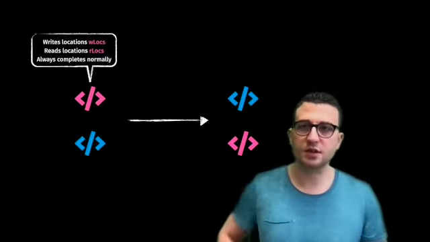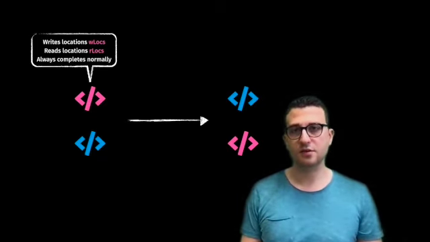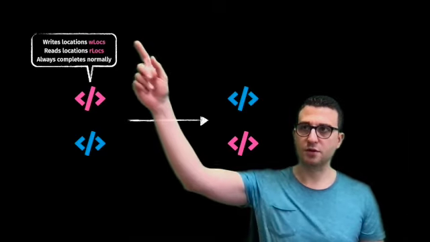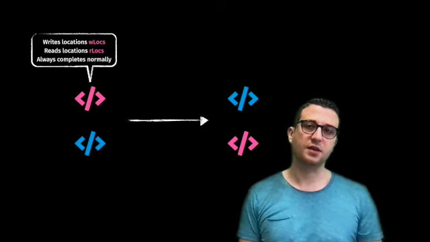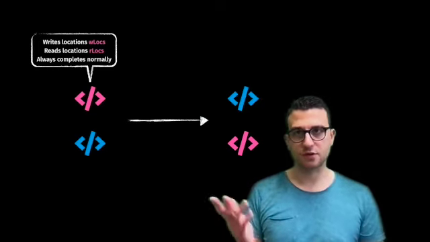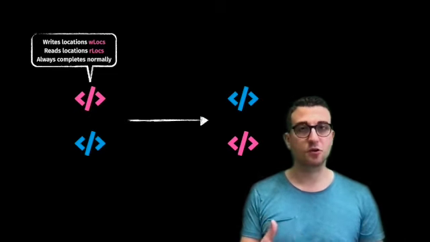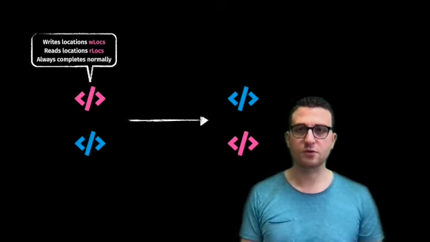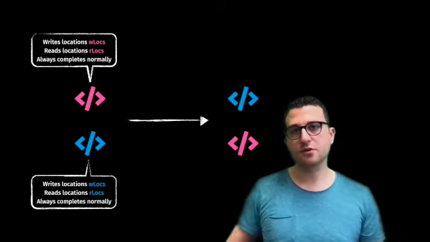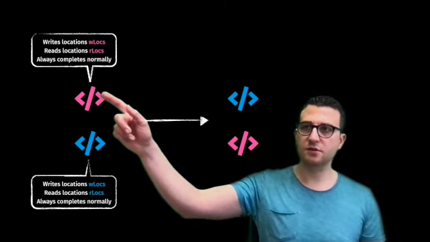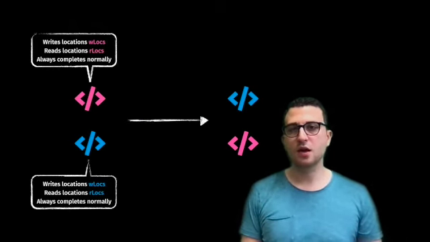So first you give names to the locations that are assigned and accessed. That is written in red by these placeholders. And you can also specify their abrupt completion behavior. For instance, here for simplicity, we say that we for now only consider instantiations that complete normally, that for instance do not throw an exception. We can do the same thing for our second placeholder. And now we have these symbols, right? We know that this thing here writes to some set of locations that I call pink W blocks.